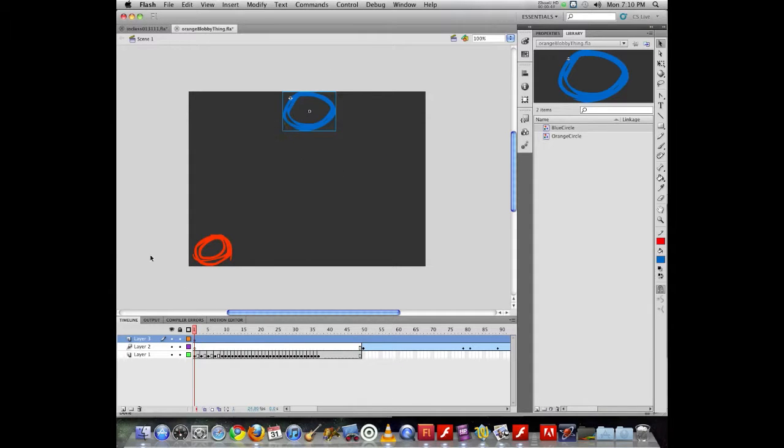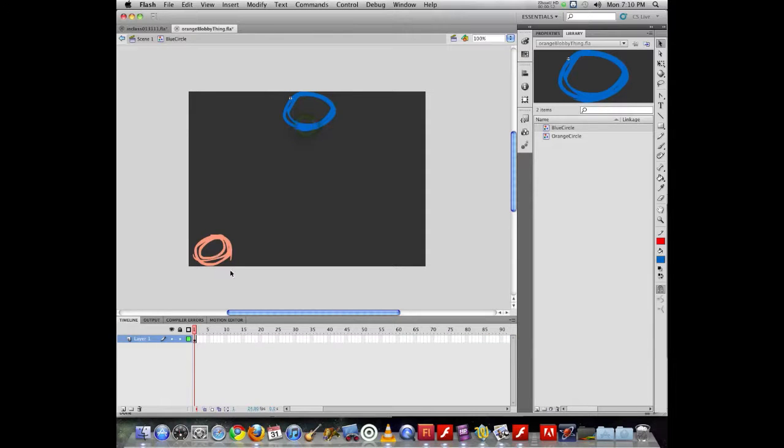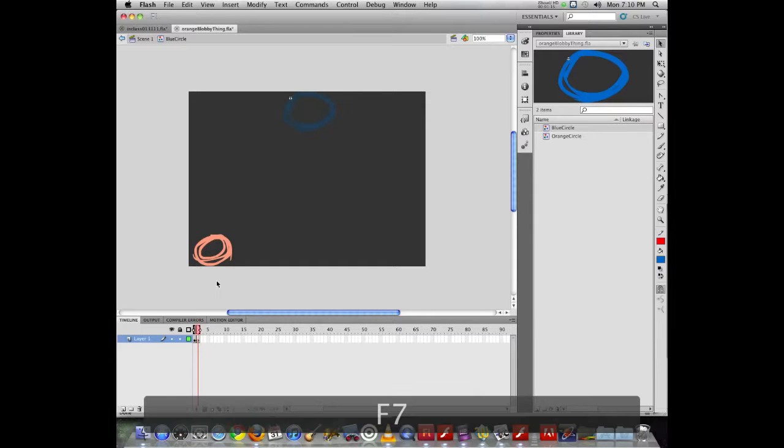Okay, so I have my blue circle here. Now if I double click on the blue circle, you'll notice that the orange circle grayed out, and now I'm back to where it says Scene 1 blue circle, and I have my timeline which shows my artwork on frame 1. I'm going to now, through the magic of frame-by-frame animation, add a few additional frames to this circle. So I can hit F7 to insert an empty